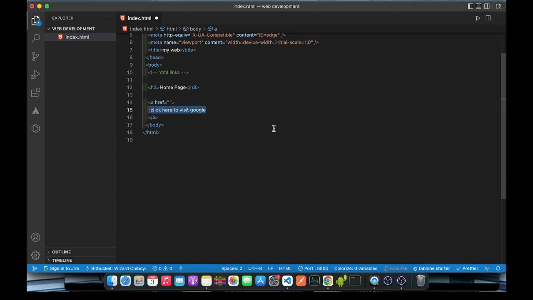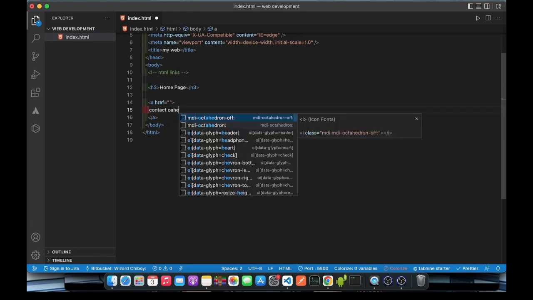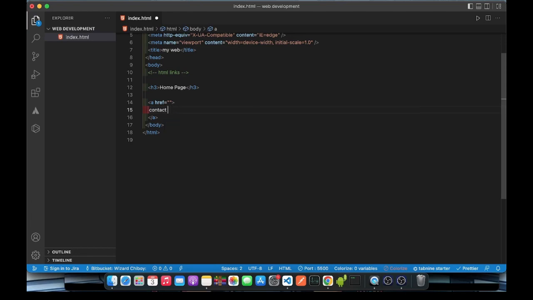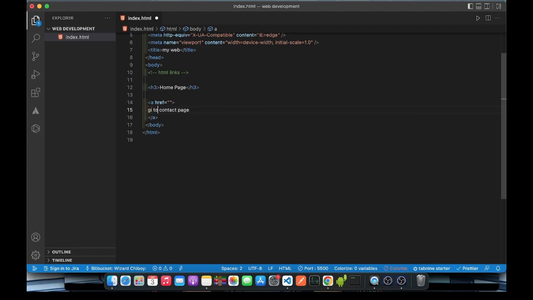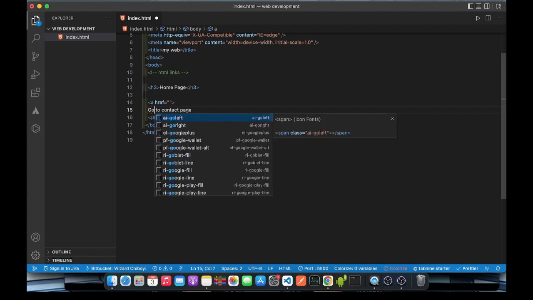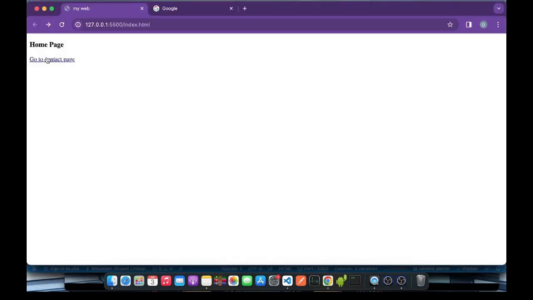Let's say we want to go to the contact page. Okay, let's just say contact page. All right, something like this. You can say go to. Okay, pardon my spelling. Go to contact page. All right, now when we say go to contact page and then click on this, it tries to